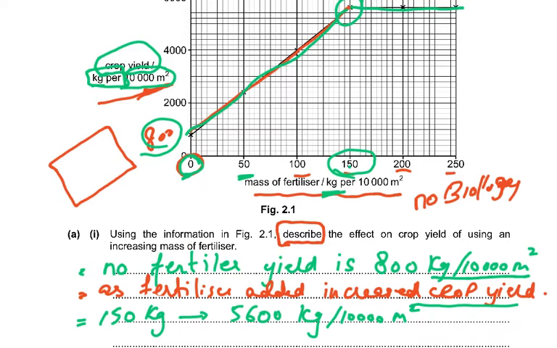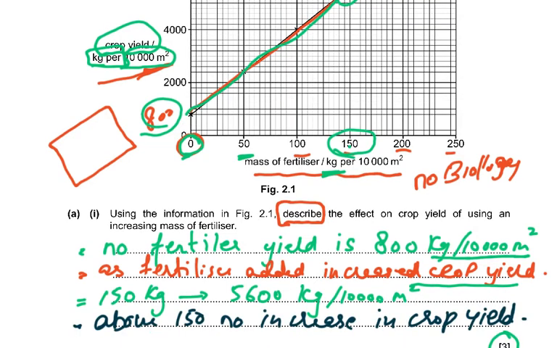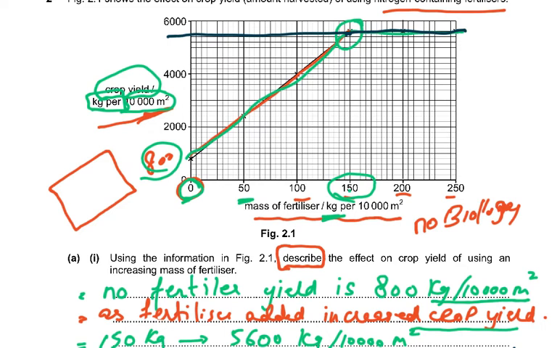Right? Now the last point is high fertilizer. This is above 150. There is no increase in crop yield, because here what you see, it has become constant. So that means the crop yield is remaining the same, 5,600. So the crop yield has not increased. So the last point will be high fertilizer, or you can say above 150, no increase in crop yield, which was of course explaining this part of the graph,